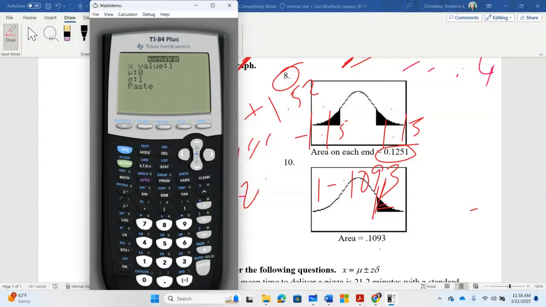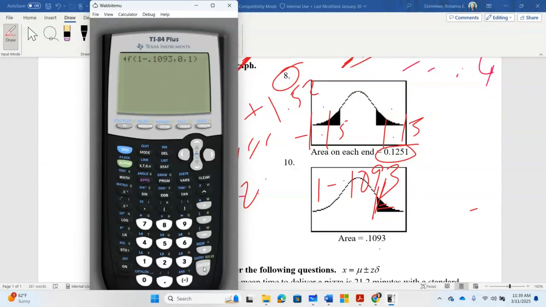So I'm subtracting 0.1093. All right, 1 minus 0.1093. When I arrow down,